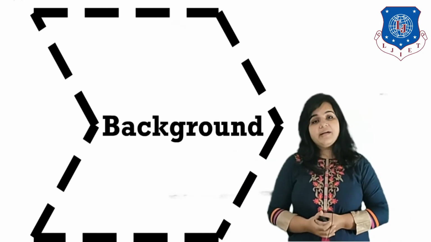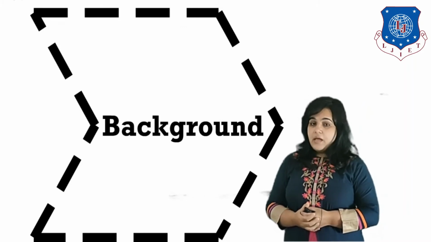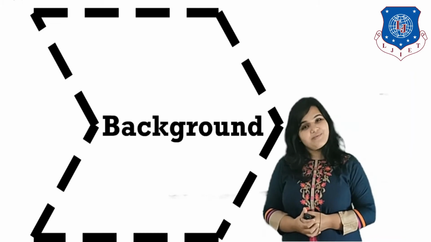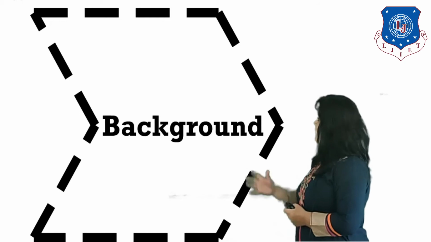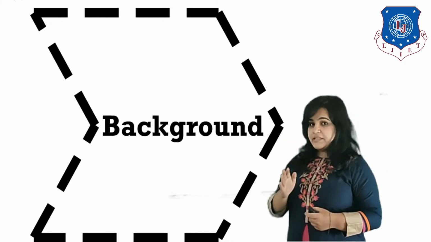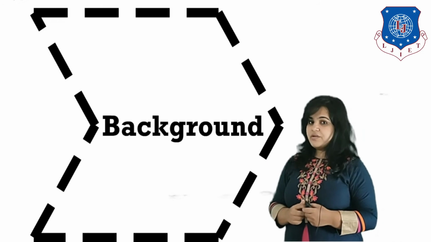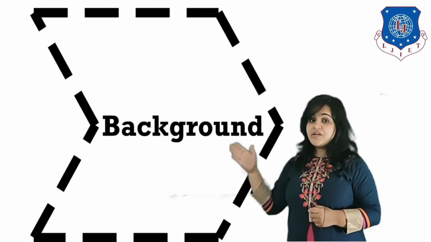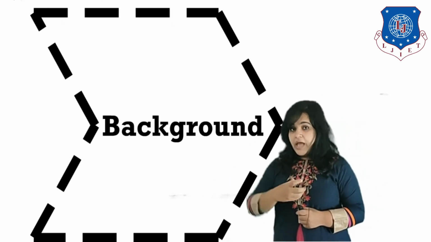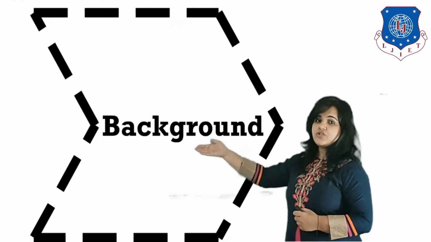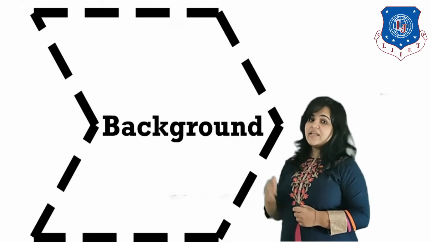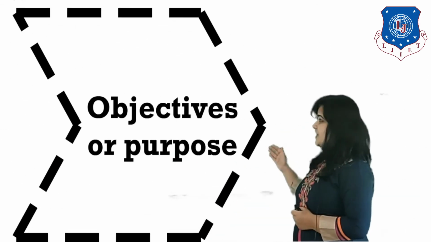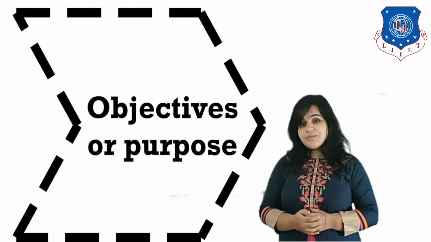Thirdly, give a proper background for your proposal. Okay, mention different things which are to be taken care of with regard to this proposal. Mention the background information, for example, if you are giving out a research proposal, then what are the papers which you have already seen? What is the research that you have already gone through, and why do you want to research further? What are the things available already to you in the background? Next, give the objectives or purpose of the proposal.